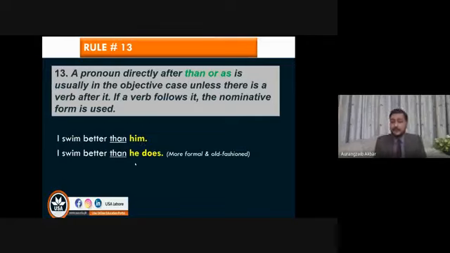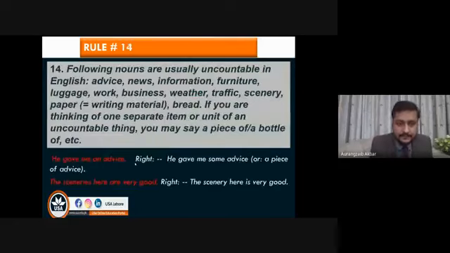So remember this rule as well: whenever a pronoun is written directly after than and as, it should be written in objective form. But if after the pronoun we have to use a verb as well, then we need to write it in its subjective form. Then we'll talk about the following rule number 14: the following nouns are usually uncountable in English, like advice,